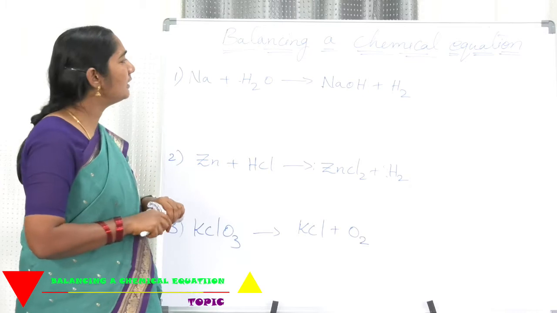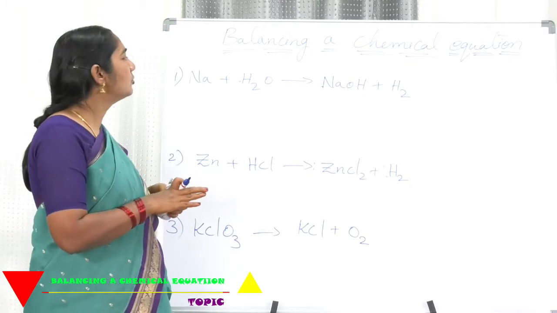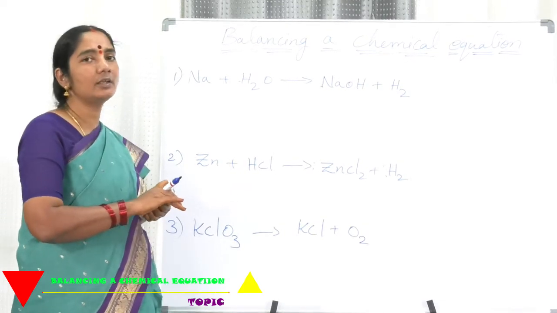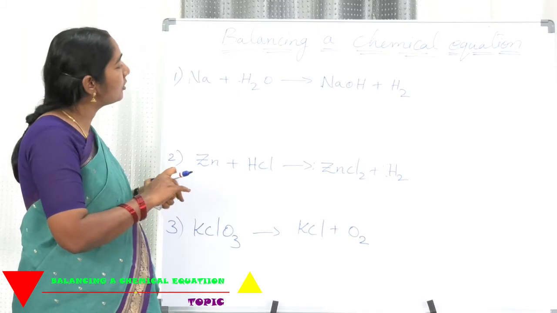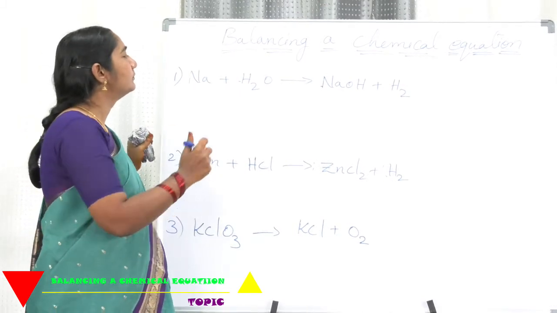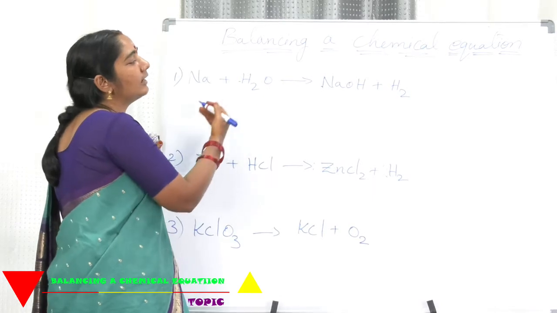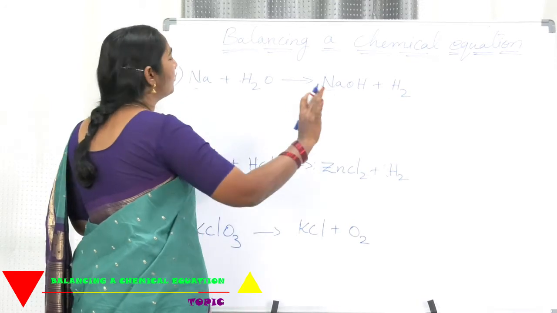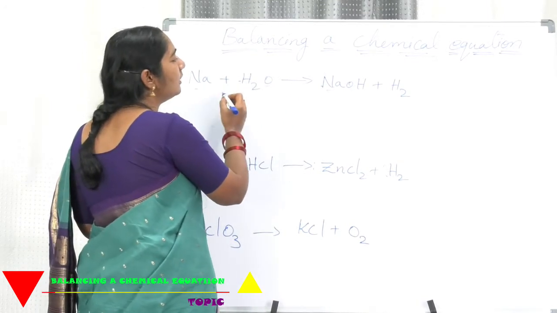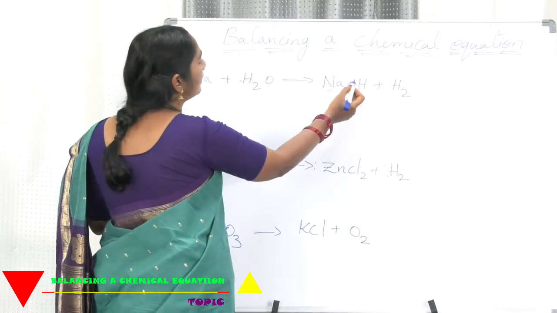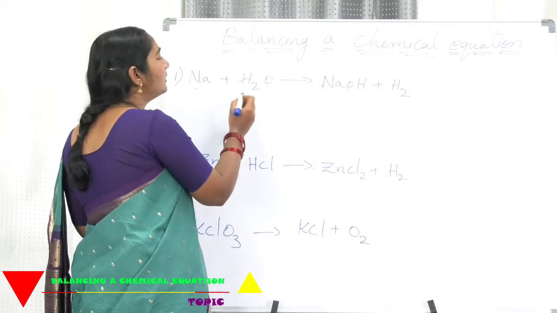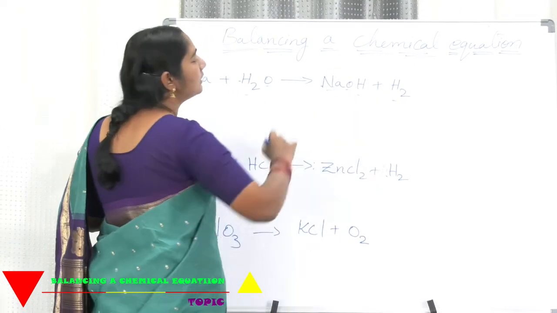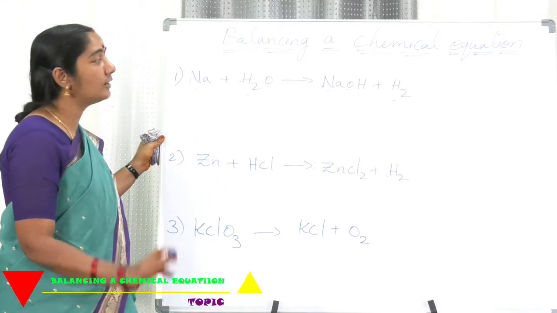Now, for example, take sodium plus water gives rise to sodium hydroxide, NaOH, plus hydrogen. That is the equation. Is this balanced or not? Let us see. Let us call this the left hand side and that the right hand side. The number of sodium atoms is 1 and 1, no problem. Oxygen is also 1 on the reactant side and 1 on the product side. But hydrogens here are 2, and here 1 plus 2, so 3. So the number of hydrogens is not balanced.